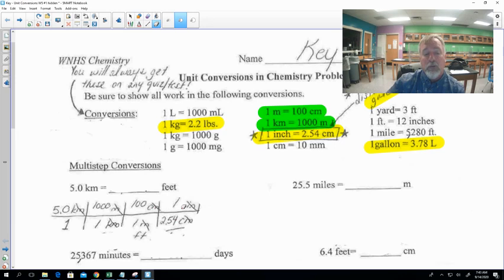That got us to inches. And now we've got to figure out how to get to feet. What conversion do we have that takes us from inches to feet? There we go. 1 foot is 12 inches. So let's write that into our